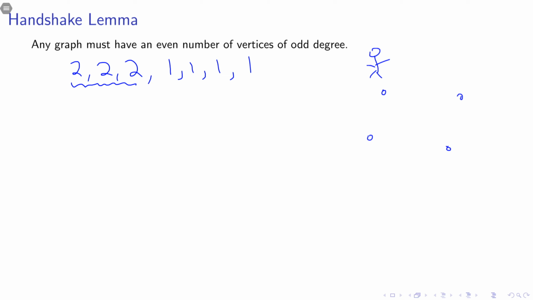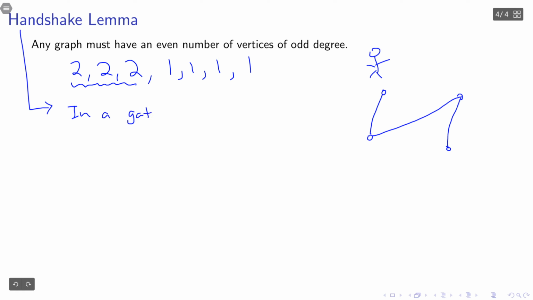Some of them shake hands with some of the others. So this person shakes hands with this person, and you can draw an edge between two people if they shake hands. Another way to phrase this is that in a gathering of people,